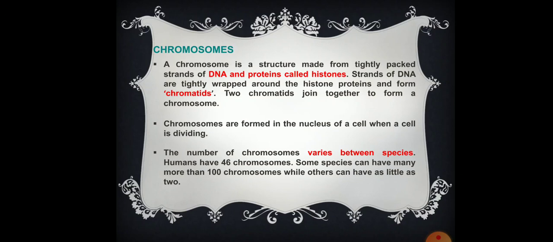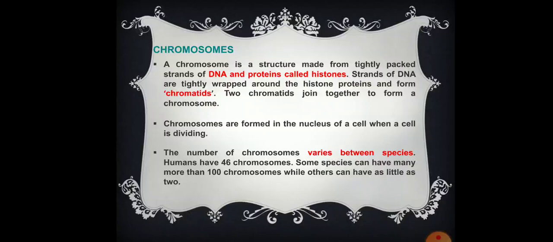The next main terminology that we'll be using frequently is chromosomes. A chromosome is a structure which is made from tightly packed strands of DNA and proteins called histones. So these strands of DNA are tightly wrapped around the histone proteins and form chromatids, and two chromatids join together to form a chromosome. Now these chromosomes are formed in the nucleus of a cell, and when a cell is dividing, the number of chromosomes also gets